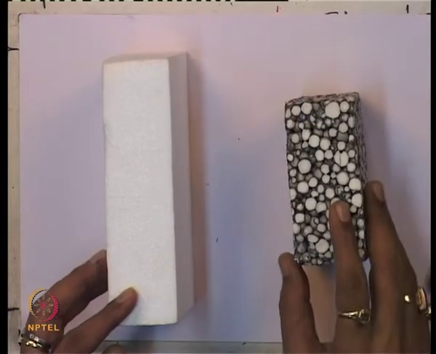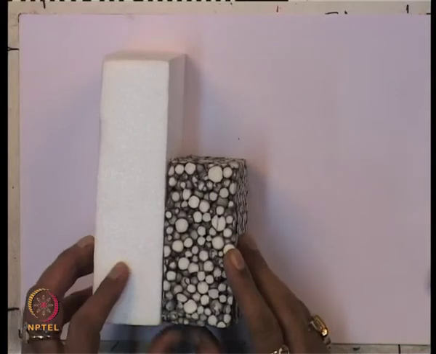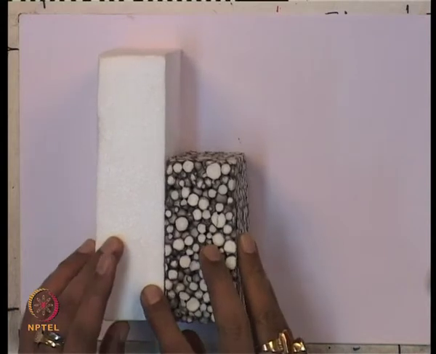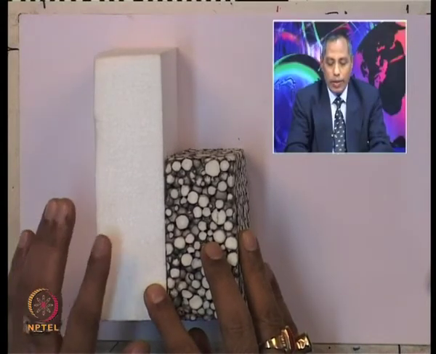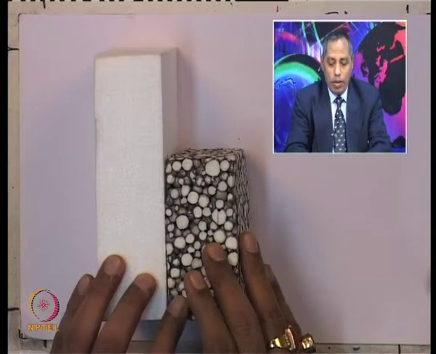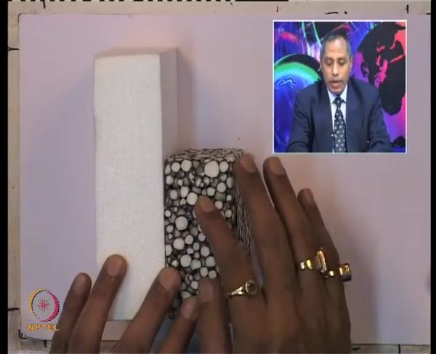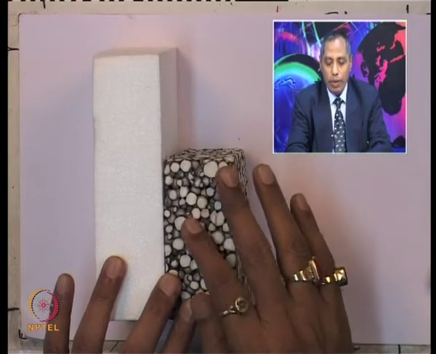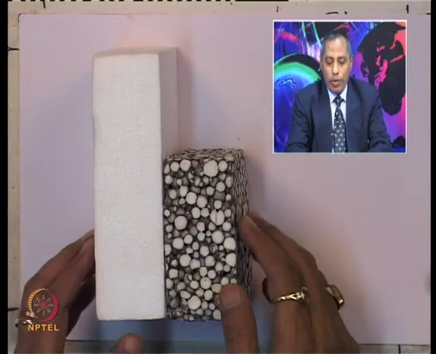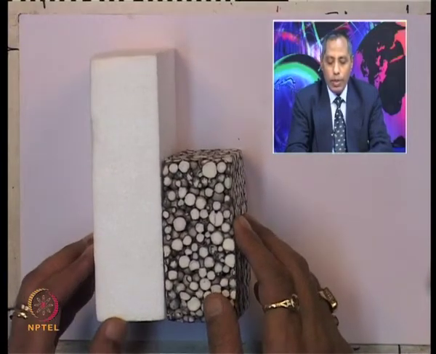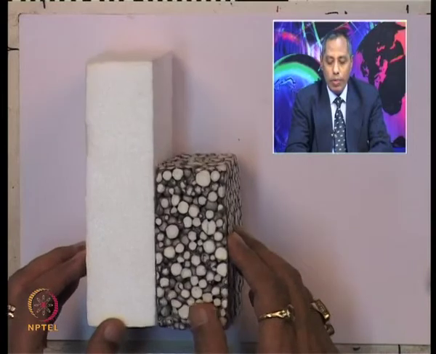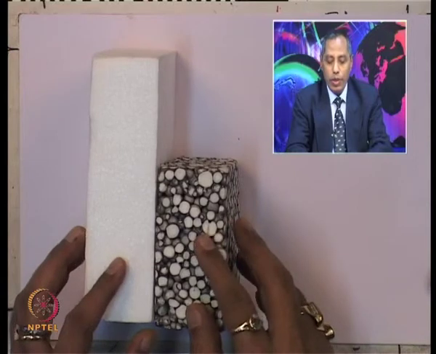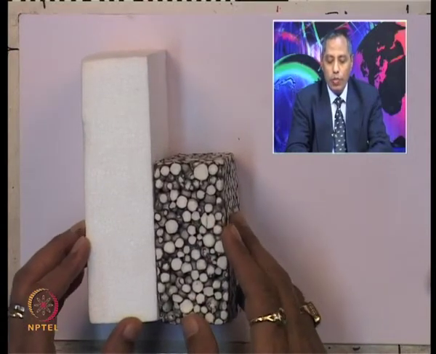So this geofoam can be laminated with this geofoam drainage material. This geofoam material will act as a separation function. On the other hand, this black or white combination will act as a drainage. So for any project where you require both separation and drainage, you can laminate this drainage material with the geofoam material.